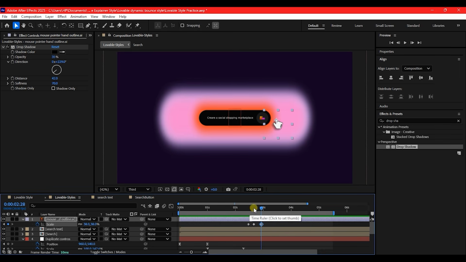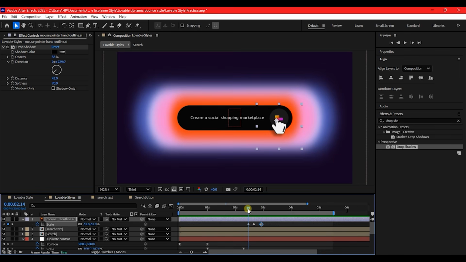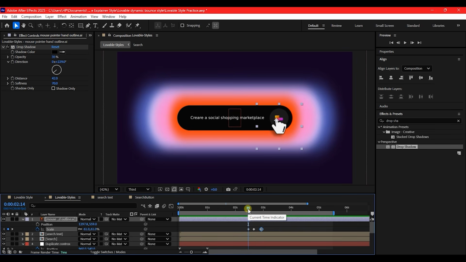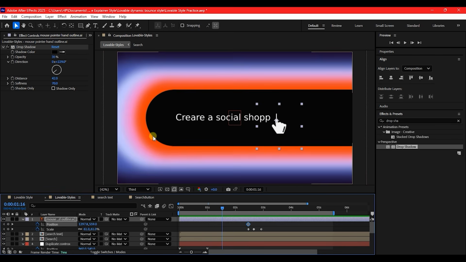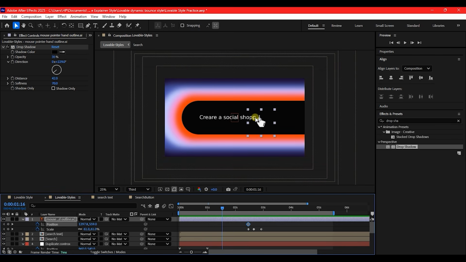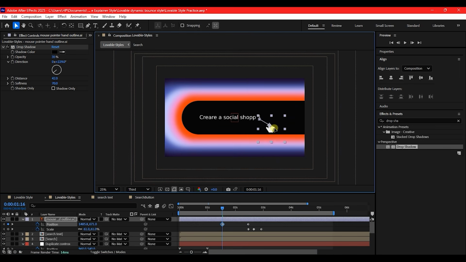So now let's come back here to the first keyframe. Then hold down Shift key and hit P on your keyboard so that we can see the position property for the same layer. So set a keyframe for that. So we are going to come back. Let's get back to this point. We'll pull in our preview window in. Then we're going to drag this hand to put it outside the preview of the